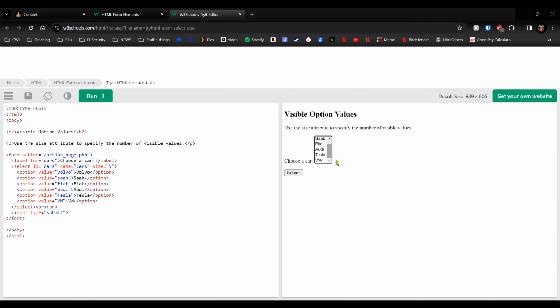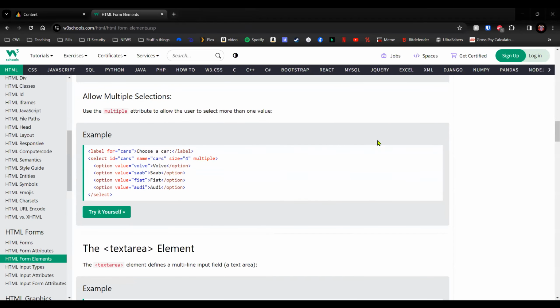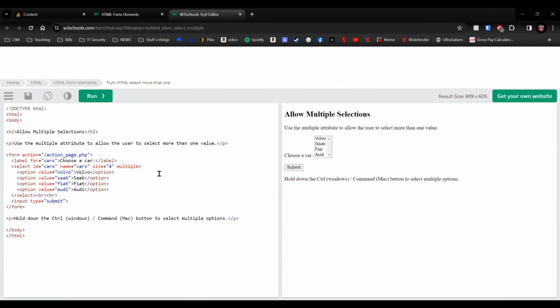There you go. You got 5. So there are lots of different examples there that you can use. You can use what's called the multiple attribute, which allows your users to select more than one value. So this is just basically like what we were just using, but then